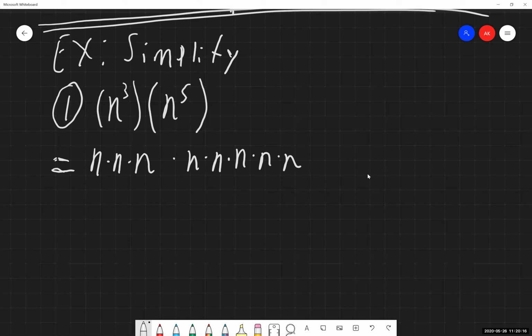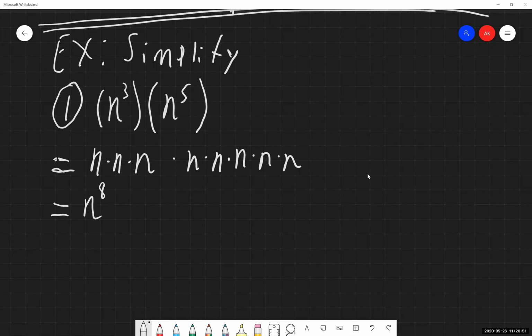Now, when we are multiplying these things together, going back to our product rules, the bases are the same. They are all multiplying. And now in this expanded form, I'm seeing that n is multiplying by itself 8 times. We can count that up if we wanted to. We've got 1, 2, 3, 4, 5, 6, 7, 8. So I can condense this thing down then to being n to the 8th power. Okay? So this is using our expand and then simplify method.